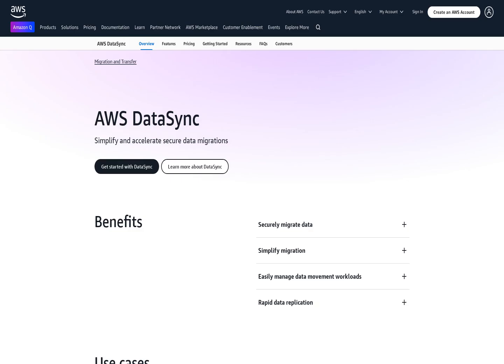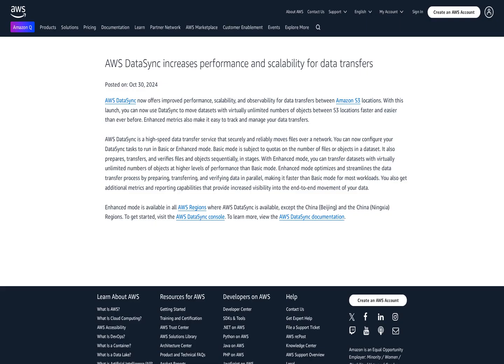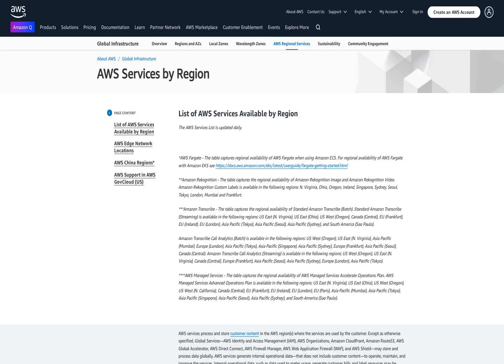AWS DataSync simplifies and accelerates cross-cloud data transfers by allowing customers to transfer data directly between storage services in other clouds and Amazon S3 without needing to deploy DataSync agents. This new capability uses DataSync Enhanced Mode, which delivers increased performance and scalability. This enhanced mode provides faster transfer speeds through parallel processing of data preparation, transfer, and verification, while supporting virtually unlimited object counts. The simplified setup requires no agent deployment, making it easier for customers to monitor transfers using detailed metrics